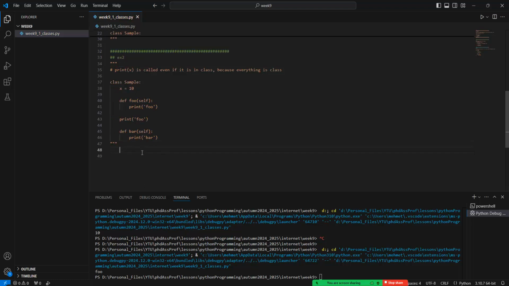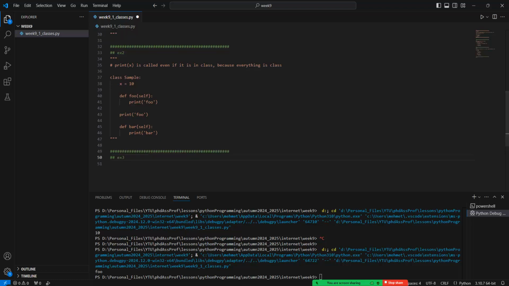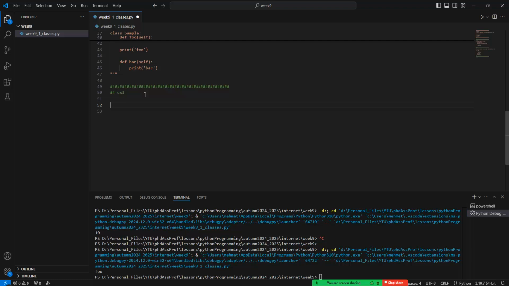So for the x3, we can call this one class sample. We can give the pass. Just remember the pass. What's the meaning of the pass, Lion or the other guys? Could you tell me what's the purpose of the pass? Just remember the C or C++ programming language. Yes, it is just like